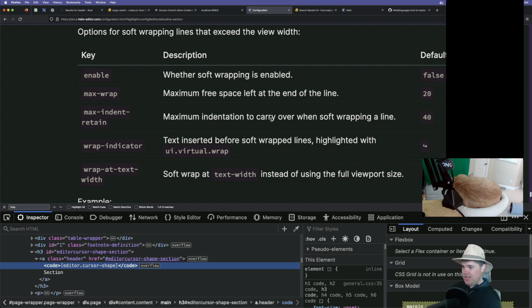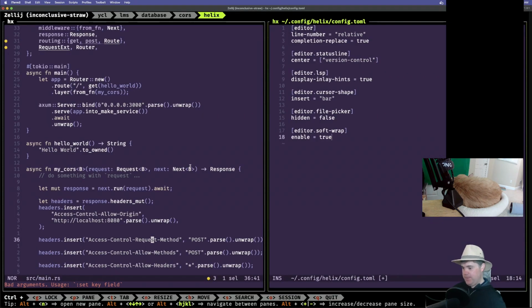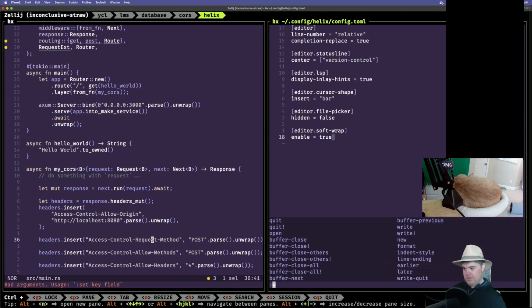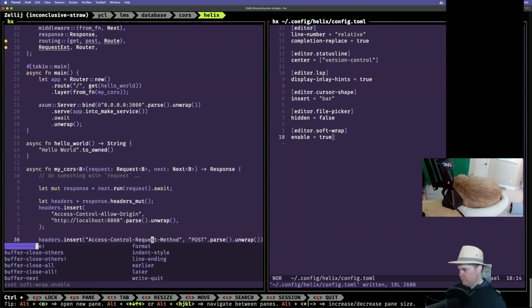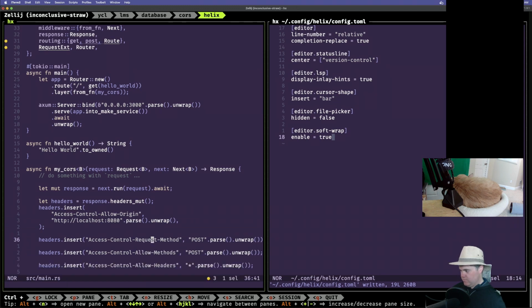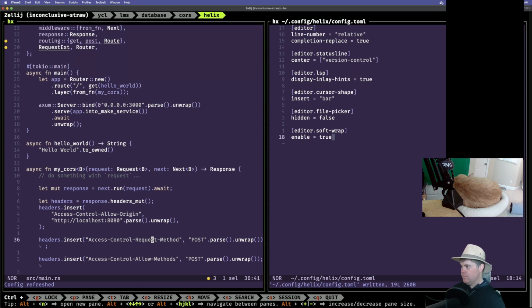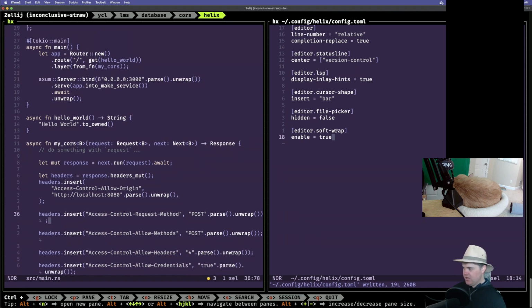Maximum indentation to carry over when soft wrapping a line. Okay, so if I save,